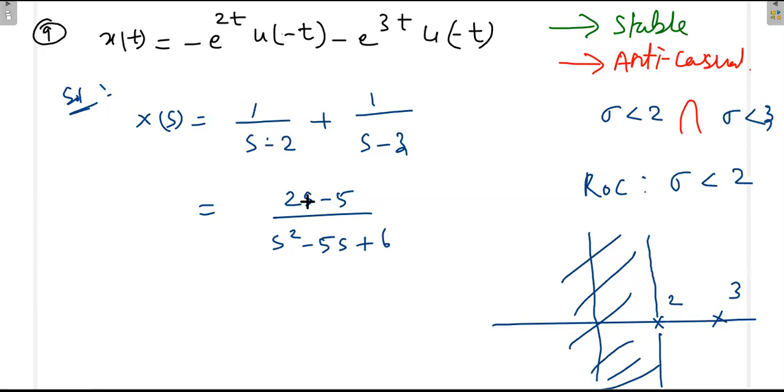Now we'll put it in a table. First we'll put x of t, then x of s, then the stability and causality nature, and also the ROC. Then we will compare, and try to get these properties directly from the ROC. Now we are writing the stability and causality parameters from the time domain equation. After tabulating this in a single table, we'll get some idea how to get this nature from the ROC, just by looking at the ROC, how to say the characteristics of the system, whether the given system is stable or unstable, causal, non-causal or anti-causal.